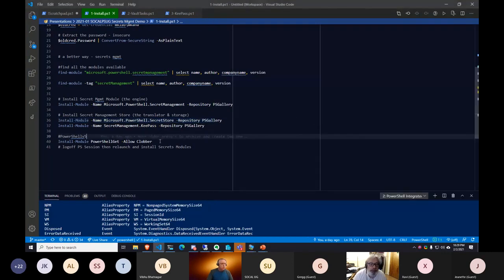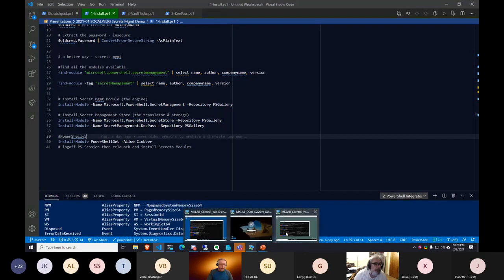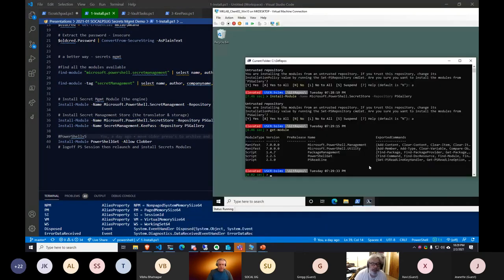All right, let's move on. I am going to be working tonight in PowerShell 7, but this is supported in PowerShell 5. There's really nothing else you need to do, except one key aspect. You may get some prompts when you use PowerShell 5 and you want to install your